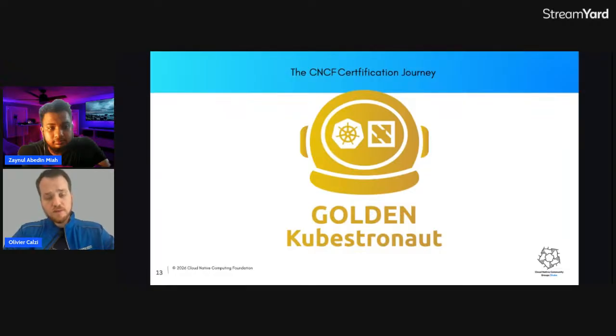And if you are up to it, you can face the Golden Kubestronaut challenge. Golden Kubestronaut means being able to have all the CNCF certifications plus the LFCS, which is a Linux associate level from CNCF, active at the same time. So for me, it was 15 certifications to get, all active at the same time. And now the validity of a certification is 2 years. So you have 2 years to get, now, 16 certifications.